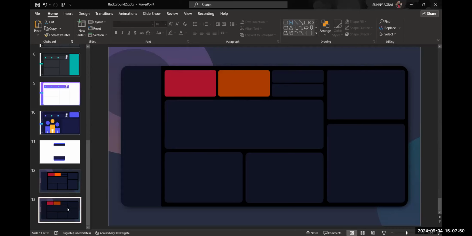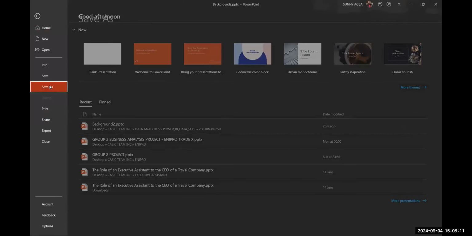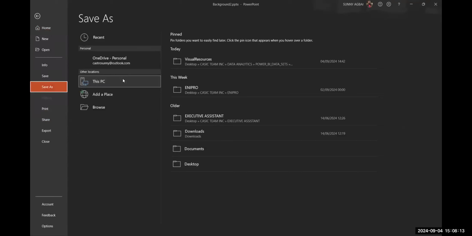Now we will need to save this to be a picture, because remember, we're still going back to our Tableau to import it. So how do we do that? Now, come to File. When you click on File, you would click on Save As. Now, where do you want it to be saved to? I want it to be saved to,